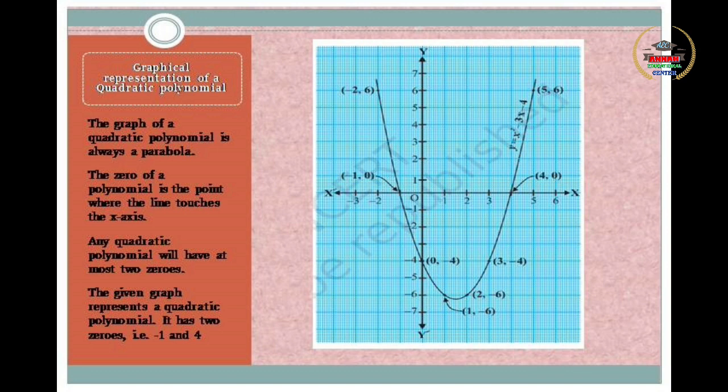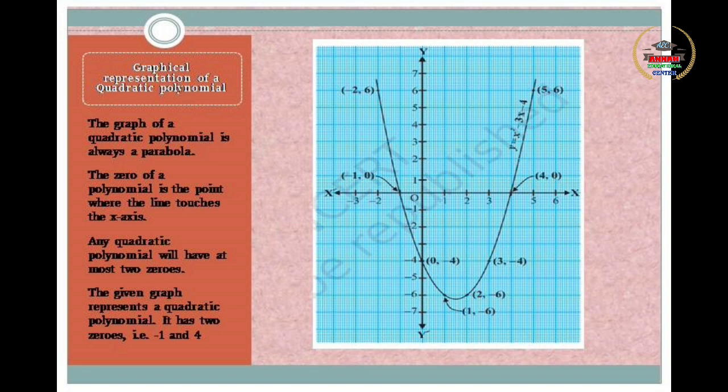The zero of a polynomial, whether quadratic or any polynomial, is the point where the line or the curve touches the x-axis. Since this is a quadratic polynomial, you know that the degree is 2, so it can have at most 2 zeros. So it can have no zeros, or it can have 1 zero, or a maximum of 2 zeros. In the graphical example given here, you can clearly see that